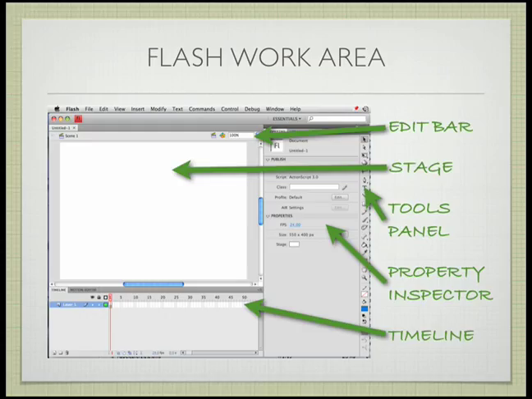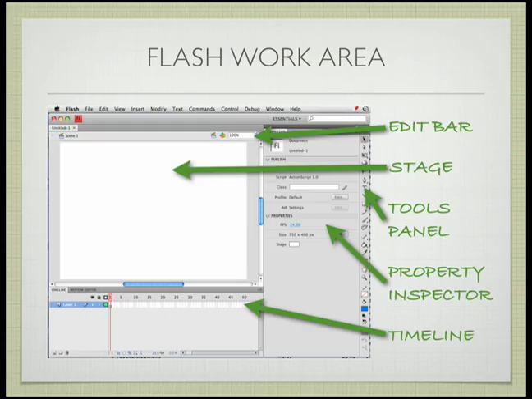In this case there's no object selected, so the panel is talking only about the Flash file itself, and it talks about which version of ActionScript is being used, what the frames per second is, what the size of the image is, what the stage color is,